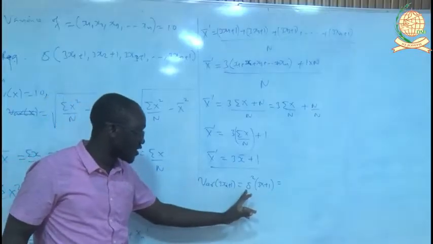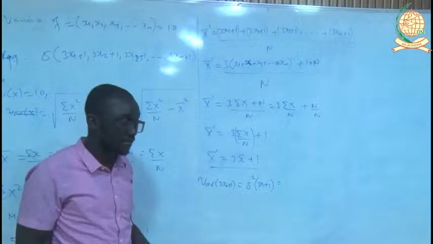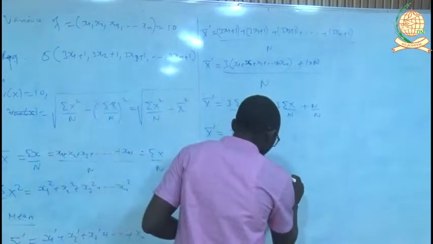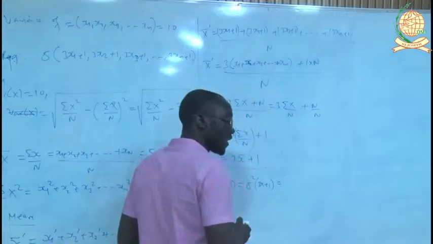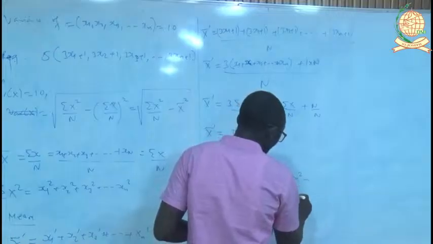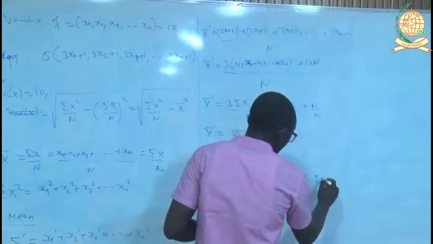But to find the standard deviation, you're going to take the square root. The variance is going to be without square root, because this is the variance, not standard deviation. It's going to be the sum of x squared over n minus